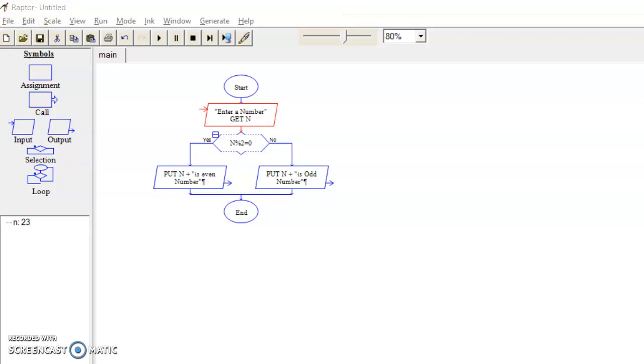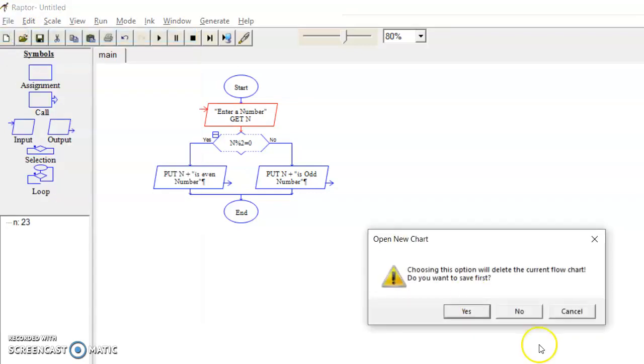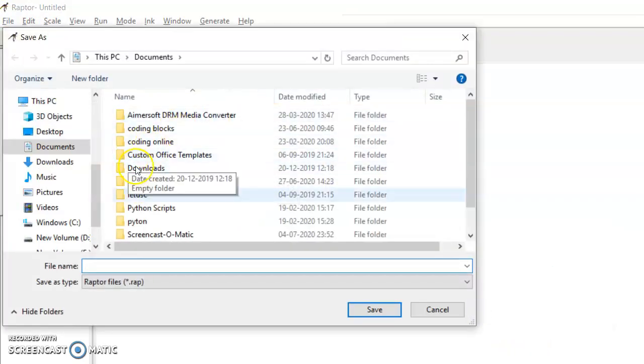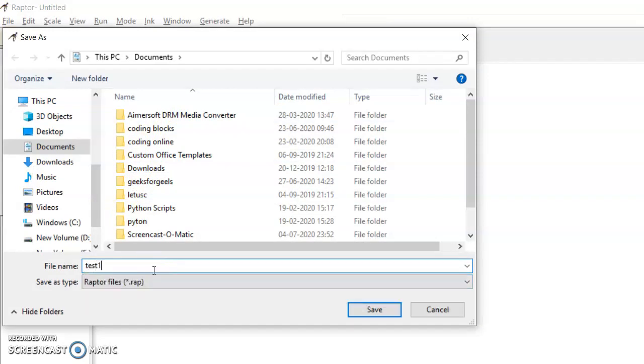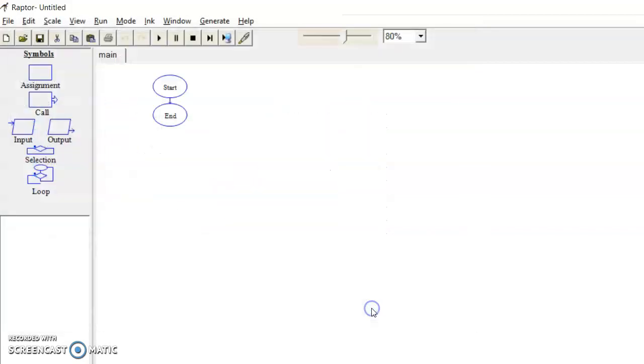So now I want to create a new Raptor file called test. So I want to name it test1. Save. So when you create a file, there are two symbols called start and end symbol.